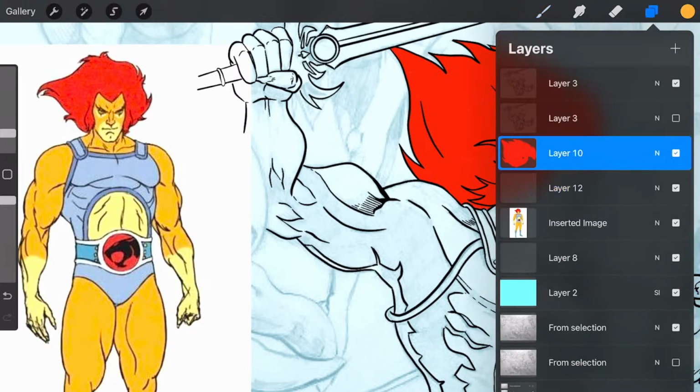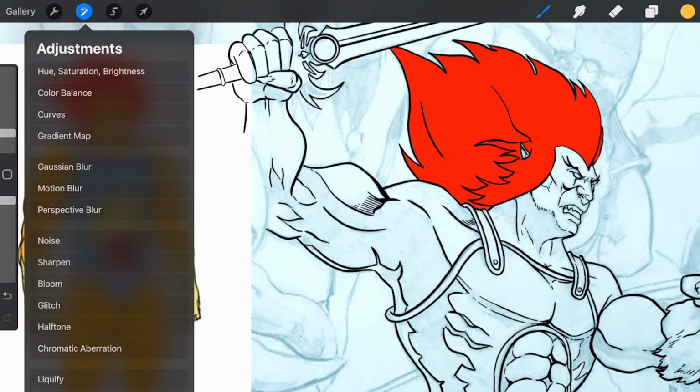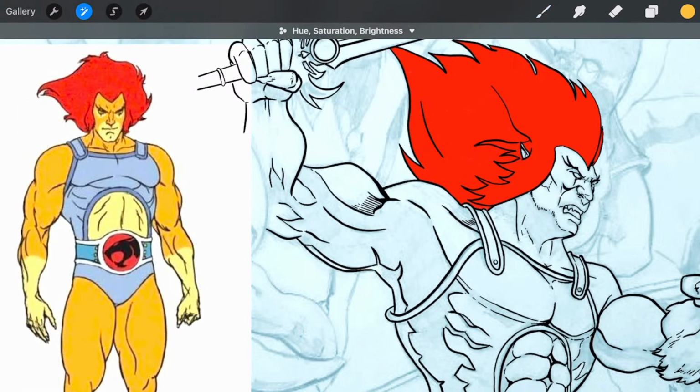Okay, so here's something cool too. With his hair, it's not the color that I wanted. I needed a little bit more bland. So I'm going to go up here to hue and saturation. I can change the hue and the saturation, right? I'm going to drop down the saturation a little bit to like a 47. The hue,